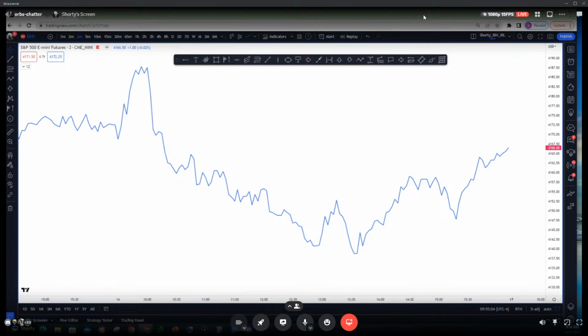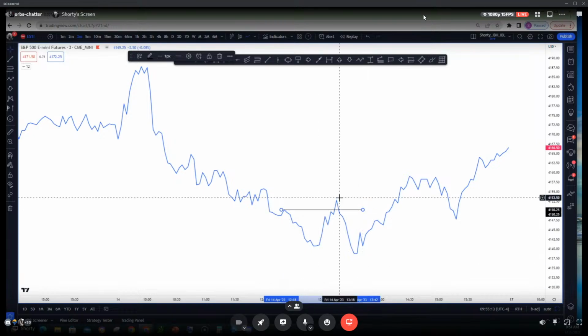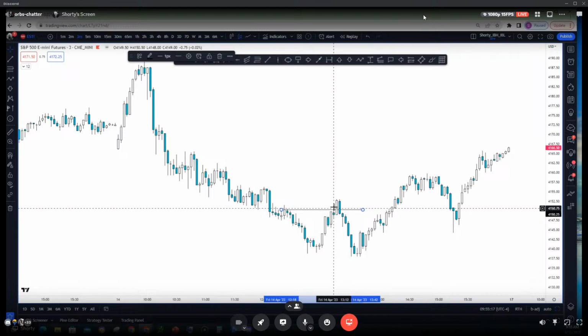Some people struggle with seeing candles as a picture, right? So now if you see this as mountains, this mountain got peaked above with a nice candle, meaning we changed. When I say if it wicks over it, I say it's not valid. I don't know if you guys remember that. If only the wick is the one that's breaking, that's invalid.